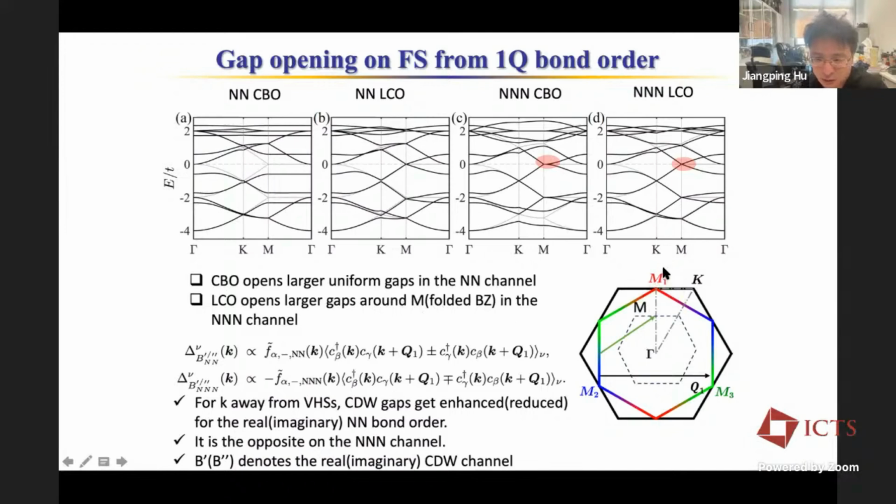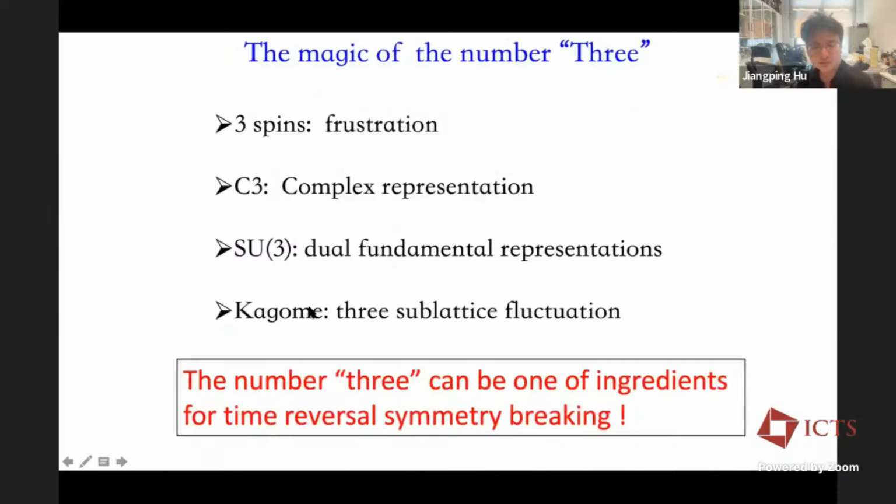Okay, so when you have this Van Hove singularity located at this endpoint, actually this second nearest neighbor repulsive interaction can open a very large gap and favor this loop current order. Okay, so that's very simple, you can understand the physics, I think. So if you realize, this analysis is behind, because you have these 3 sublattices, and you create these 3 Van Hove singularities, and if you have second repulsive interaction, you can favor these imaginary